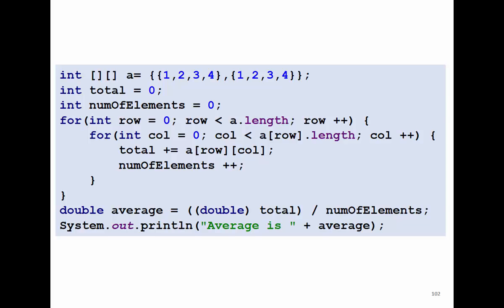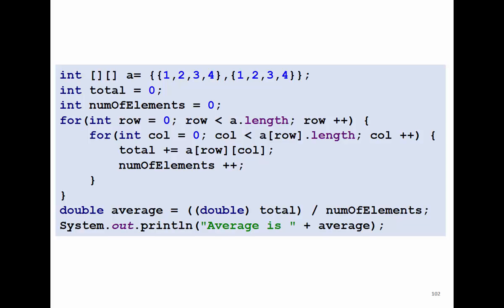So this is the outer for loop, to visit all the rows, and this is the inner for loop to visit all the columns, and we ask a, and we open the brackets and we ask row, and in this case row is 0.length, and we increment the column and we add the element to the total, and we also increment the number of elements.